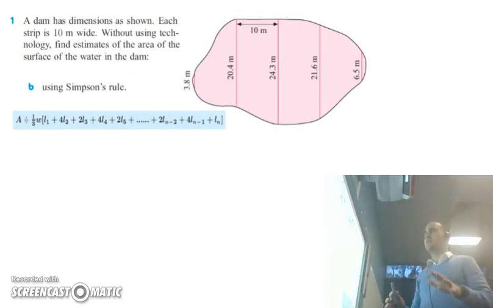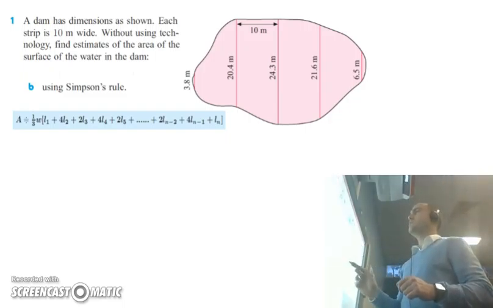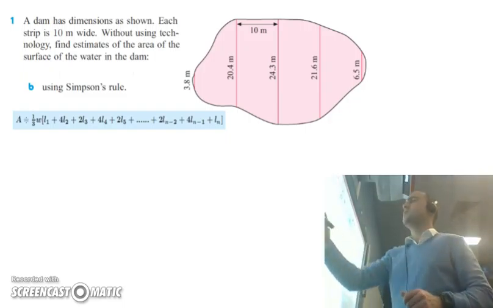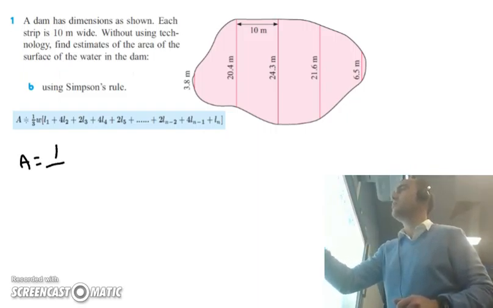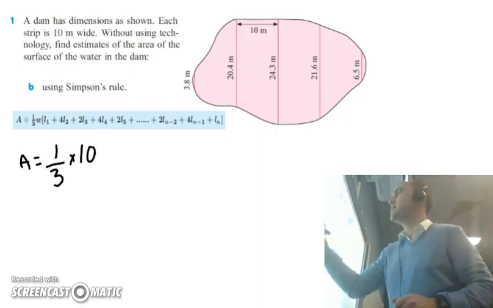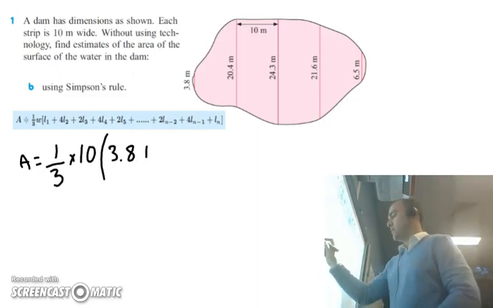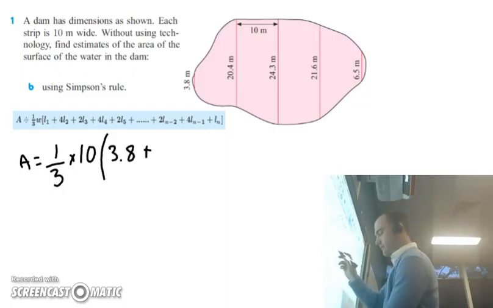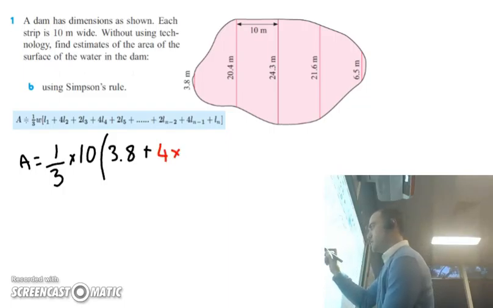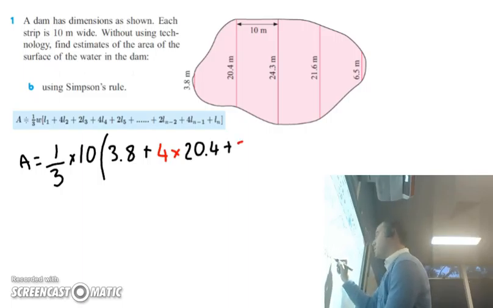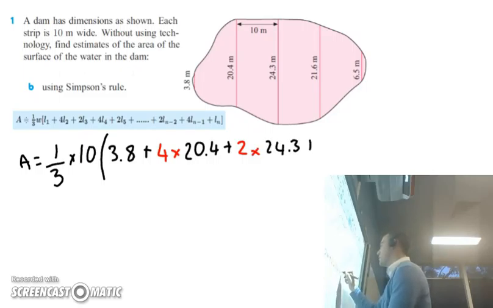So again, same question as what we've seen before with the trapezoidal rule, but we've got to use Simpson's Rule. So the area is equivalent to a third of the width, which we know is 10, bracket, the first 3.8 plus 4 times the second, which is 20.4, plus 2 times 24.3 plus 4 times 21.6 plus